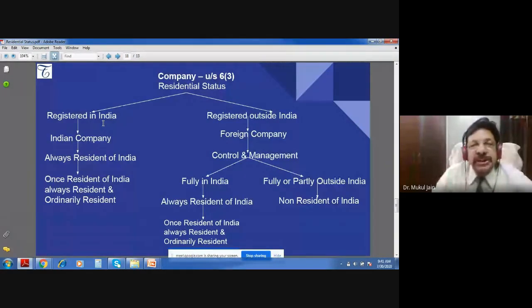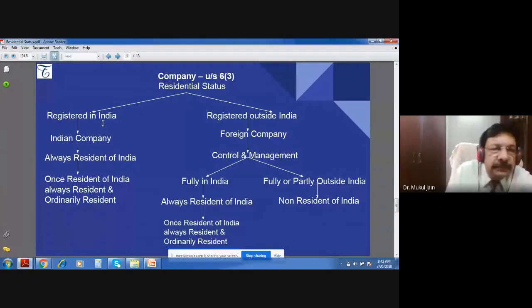If it wants to change from Gurgaon to Chandigarh, Chandigarh is within the same state of Haryana, so it will have to seek the permission just of the registrar of companies, and then within the state it can change the registered office by seeking permission from the registrar of companies. But if it wants to change its registered office across the state, then it has to seek the permission from the central government, meaning the Ministry of Corporate Affairs itself,